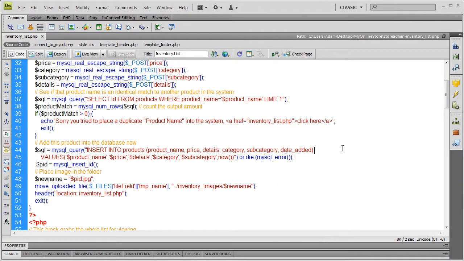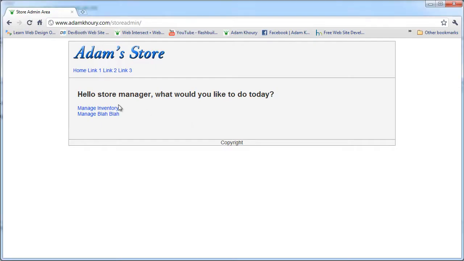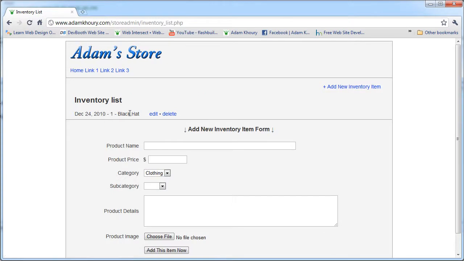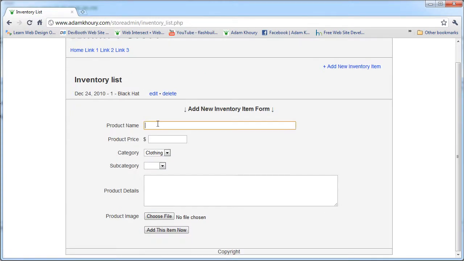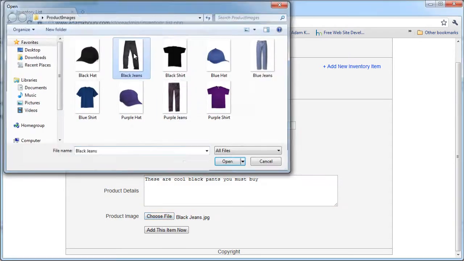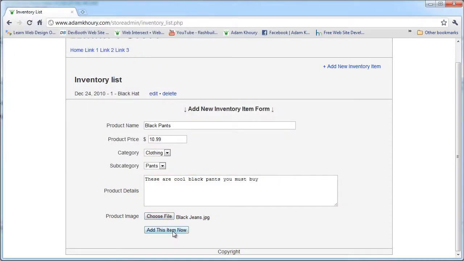Now let's try this out and make sure it works as intended. I'm going to FTP this file up, and here I am in my store admin area. I'm going to click manage inventory. You can see I have a black hat. And the next product I'm going to add is black pants. These are cool black pants you must buy. Choose a file, black jeans, add this item now,